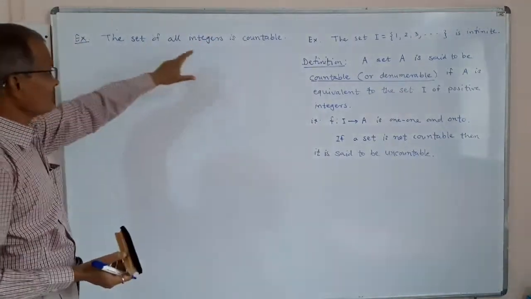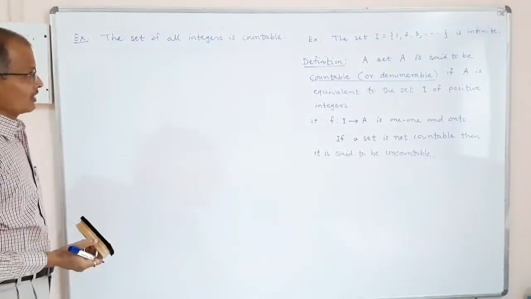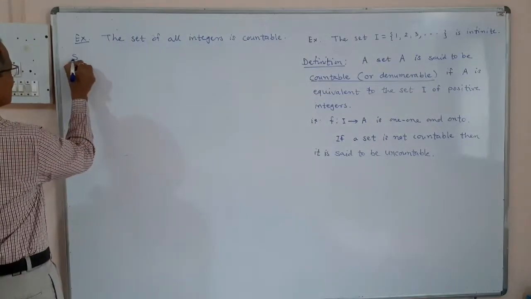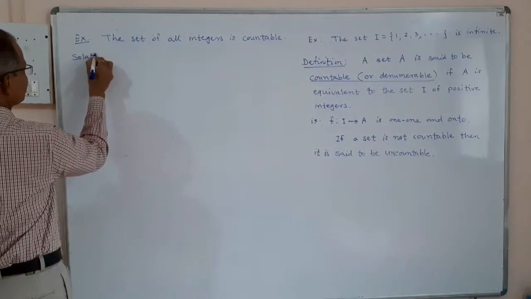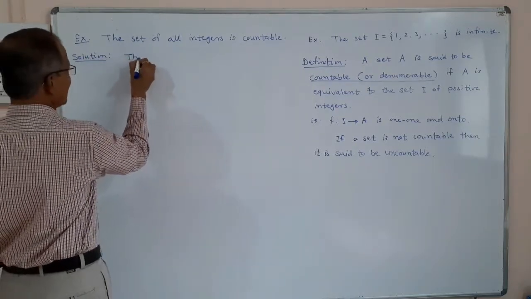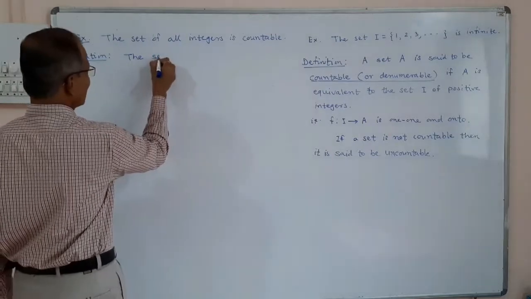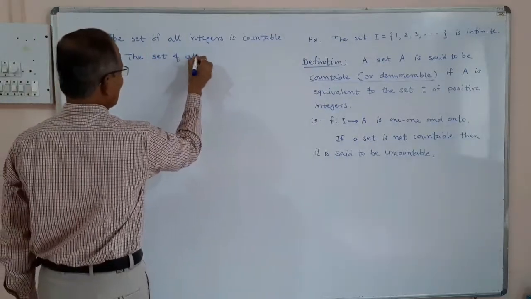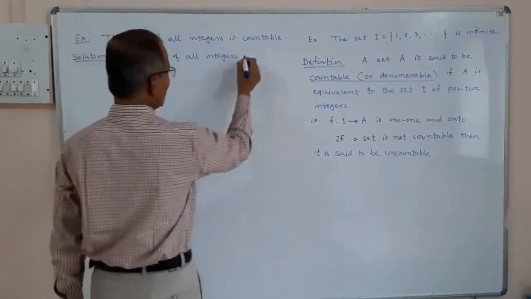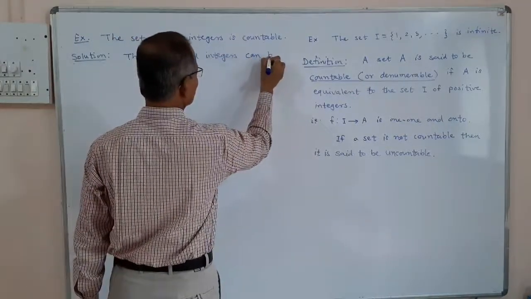Which set? The set of all integers is countable. That we shall consider. Now we will have a solution for this. The set of all integers can be written as,